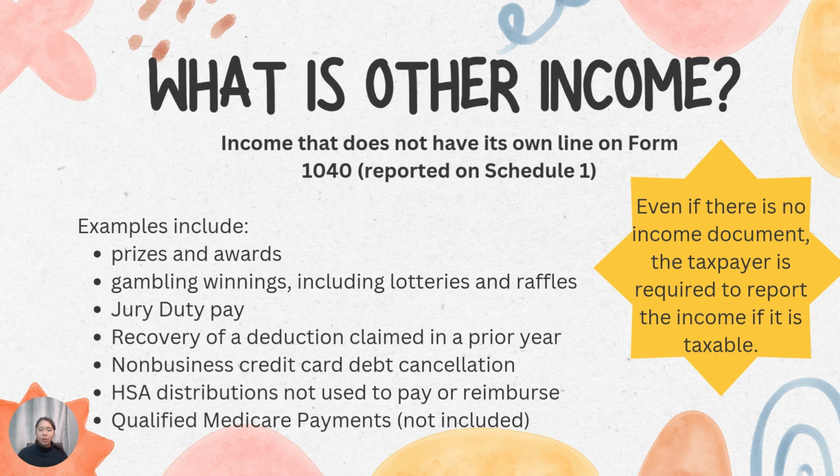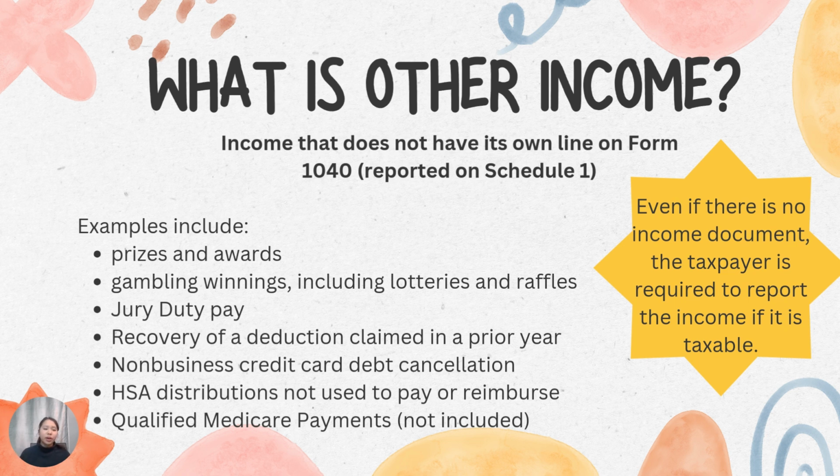If you want more information on the other sources of income, go to my channel or click the links I've linked on this video at the end for other videos on other types of income to clarify any questions you might have. But other income is basically any income that isn't already explicitly stated on the tax return. And where it's reported is you're going to be reporting other income on Schedule 1.